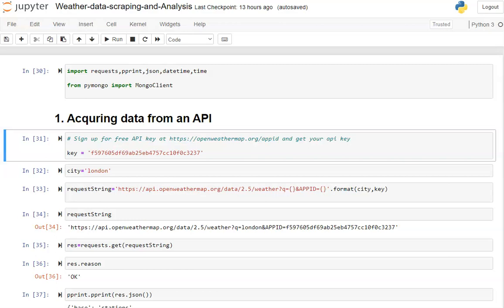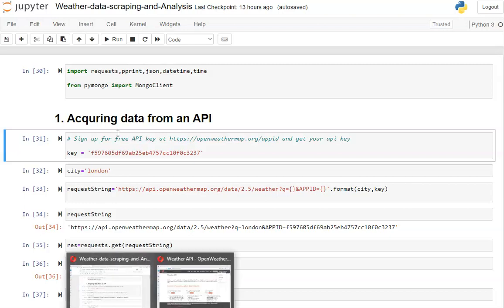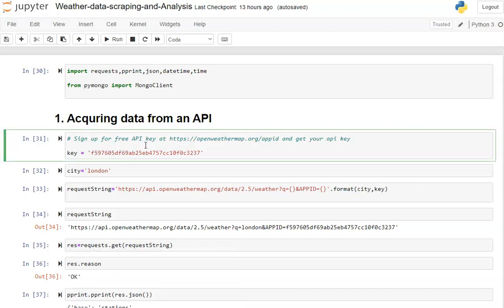Okay guys, so in this lecture we're going to scrape data from a weather data website using an API. So for that matter, I'm going to upload this code. You can go to this link,